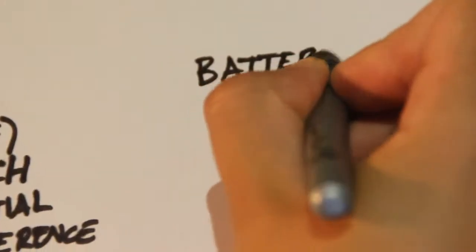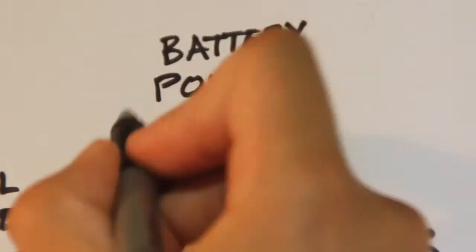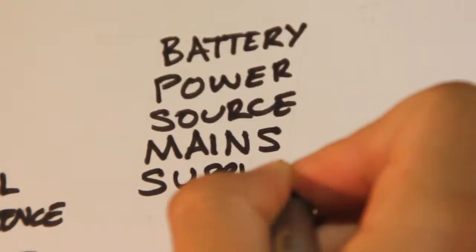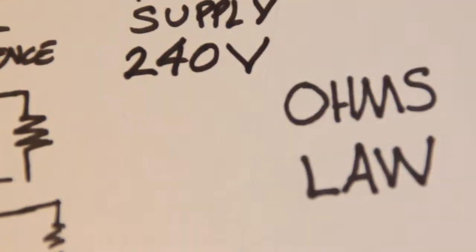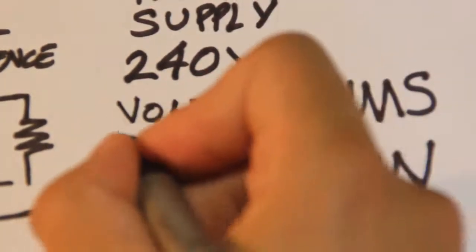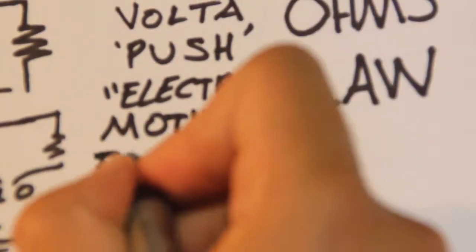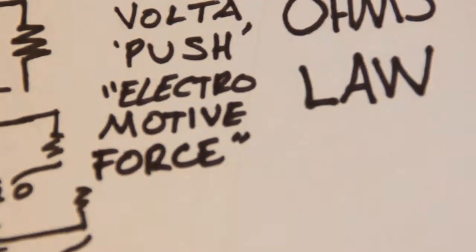A voltage could come from anywhere. It could be a battery, a power source, or a main supply, in which case it would come out at 240 volts in Australia. It was discovered by Alessandro Volta and is the push or electromotive force behind our next